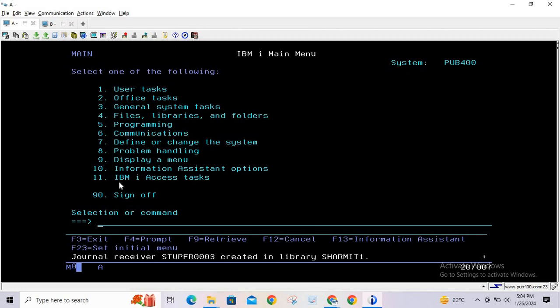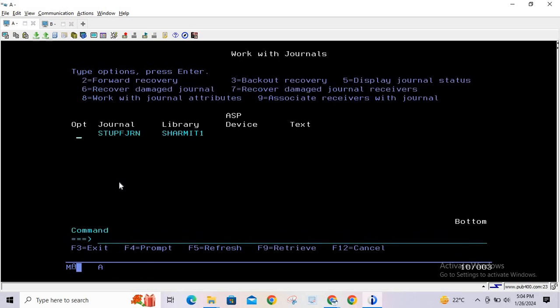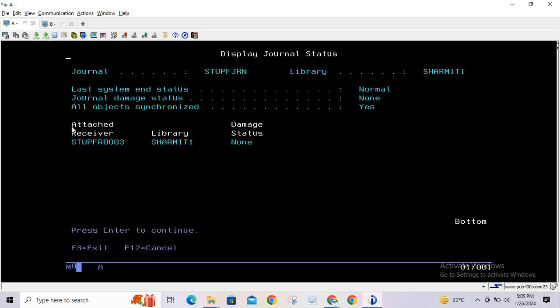To verify that, you can use the command WRKJRN, take F4, and here you can put your journal name. In my case, the journal name is STUPFJRN, which is in library Sharmit1, and hit enter. Now from here you can take option 5, and now you can see the attached receiver is changed to STUPFR0003,